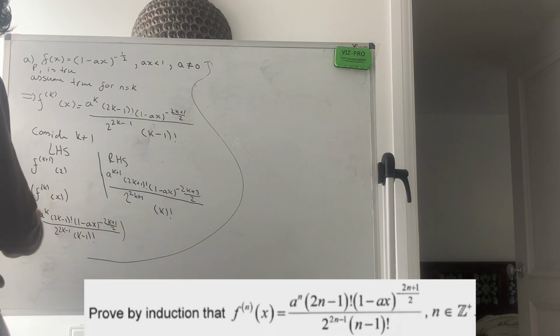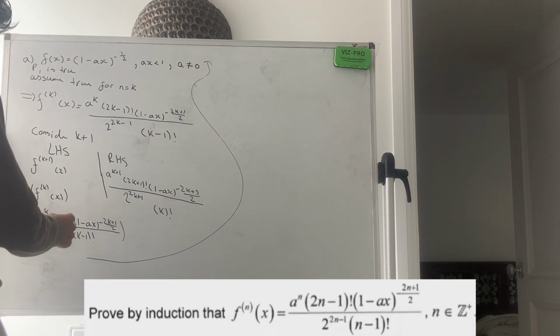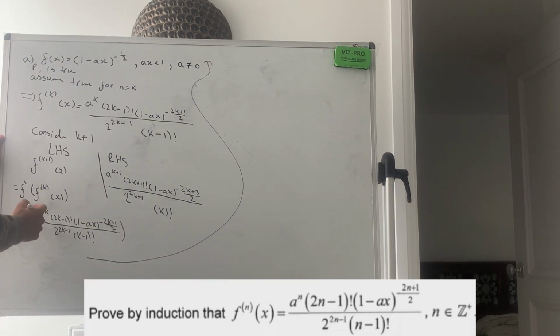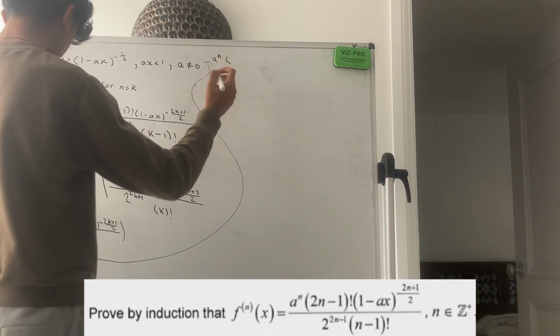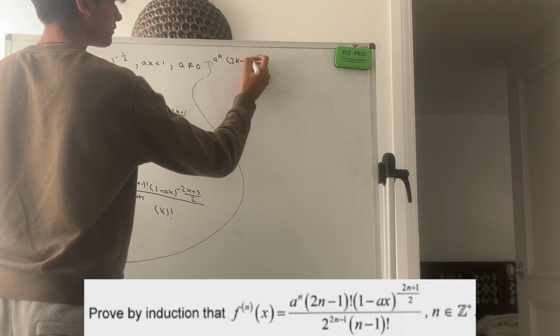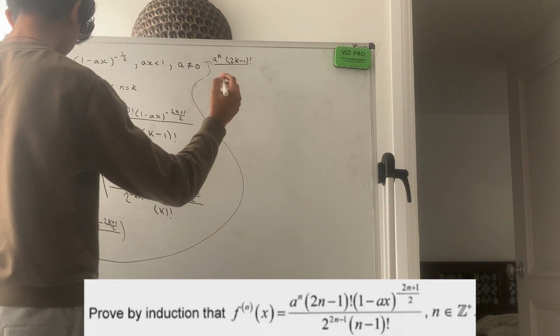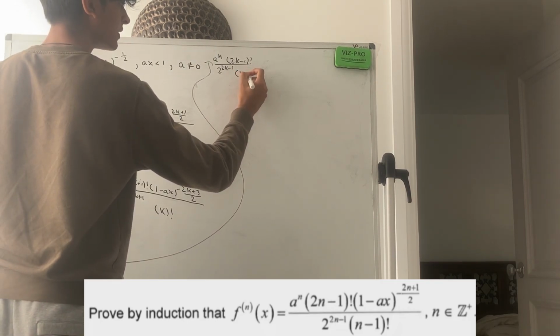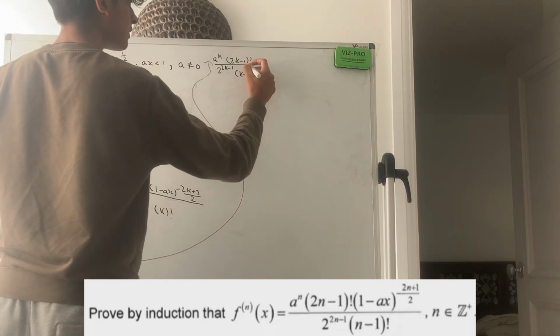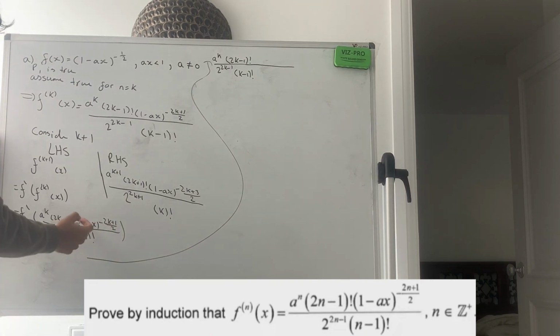So we want the derivative of this, and we notice that since we're getting the derivative in terms of x, these are all in terms of k, so they can just be seen as constants. This is the only thing that's actually in terms of x, so I can write this outside of the derivative, so I'll just write that on its own. So I have a to the k multiplied by 2k minus 1 factorial over 2 to the 2k minus 1 times k minus 1 factorial